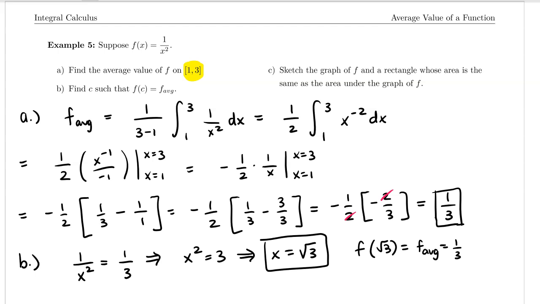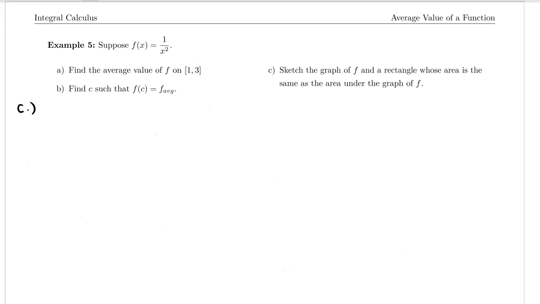Part C says sketch the graph of f and a rectangle whose area is the same as the area under the graph of f. So earlier when we were talking about the mean value theorem for integrals, 1 over x squared only has a discontinuity at x equals 0, and we're not looking at x equals 0, we're looking at the closed interval from 1 to 3, so we are looking at a continuous function